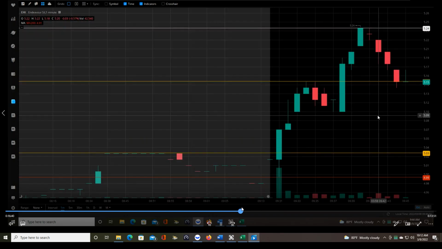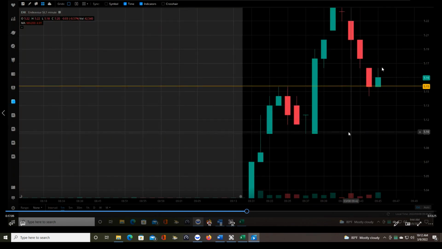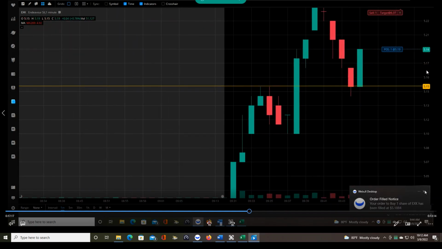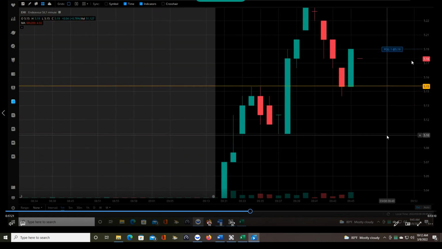Let's see, get right to it. Okay, there we go. So now I'm waiting for this 1 minute candle here to make a new high. So the high of this candle is 517. This scales off a bit. There you can see it's 517. I'm waiting for 518. There's 518. I trigger my hotkeys. I get filled at 519, so I catch 1 cent slippage, which is absolutely okay,